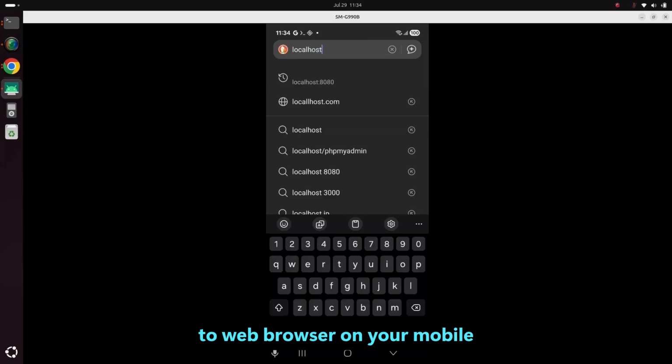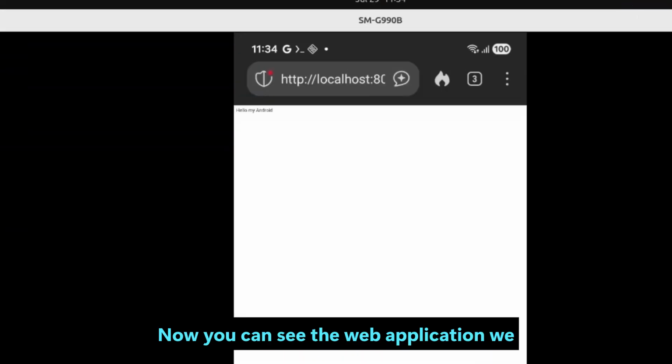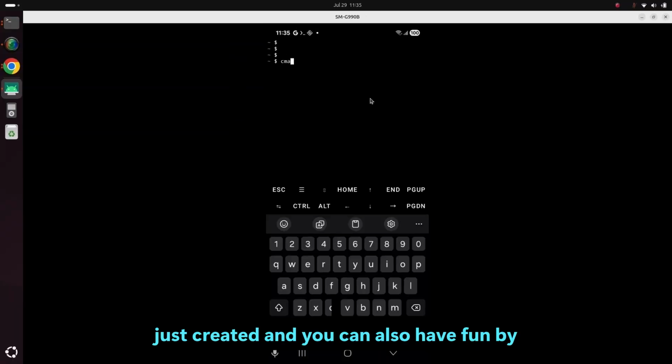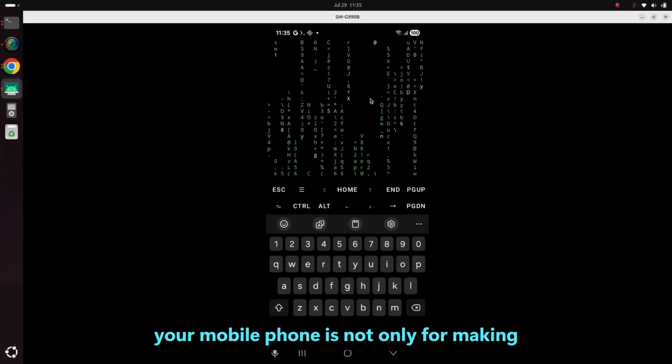Go to the web browser on your mobile phone and go to localhost 8080. Now you can see the web application we just created, and you can also have fun by using the cmatrix. So this means that your mobile phone is not only for making calls and